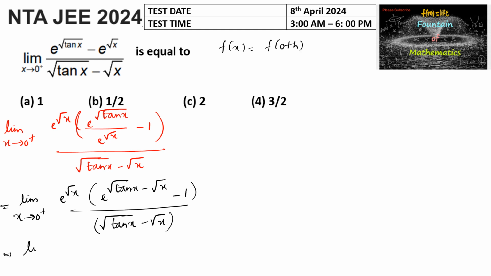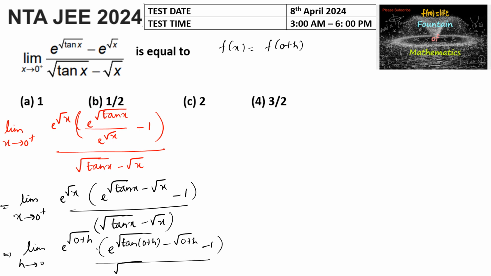So we can just change limit h tends to 0, e to the power of root of, in place of x we write 0 plus h, into e to the power of root of tan of 0 plus h minus root of 0 plus h, minus 1 divided by root of tan of 0 plus h minus root of 0 plus h,